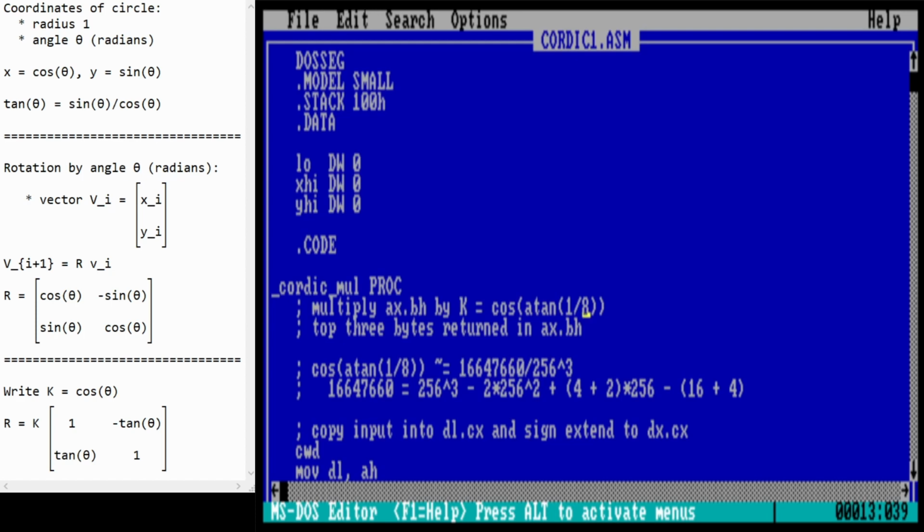So we got a 3-byte approximation to this, and the idea is that we're going to need to multiply the 3-byte input by that 3-byte approximation. And normally, if you multiply 3 bytes by 3 bytes, you get 6 bytes. But we're only interested in maintaining a 3-byte approximation for the answer. So what we're going to do is throw away the trailing 3 bytes. We'll just take the top 3 bytes of the product. And the result is going to also be returned in the same registers that the input came in, namely AX